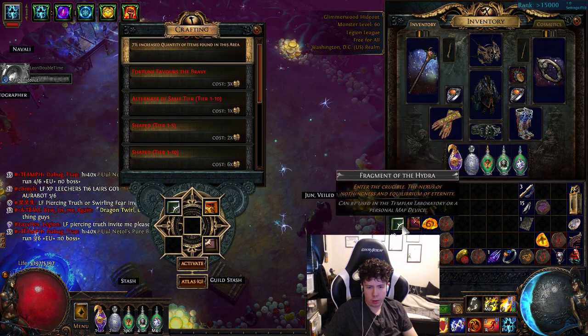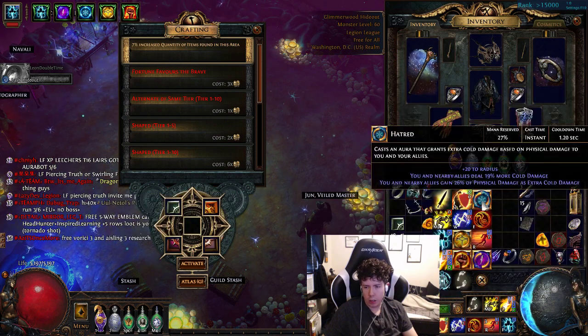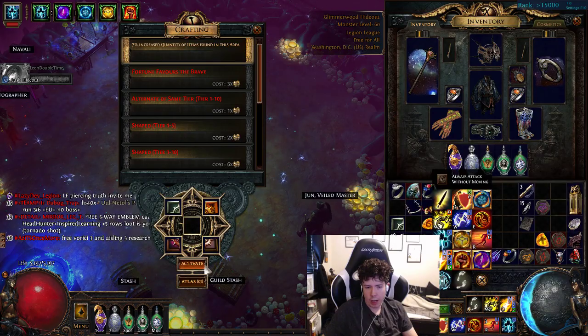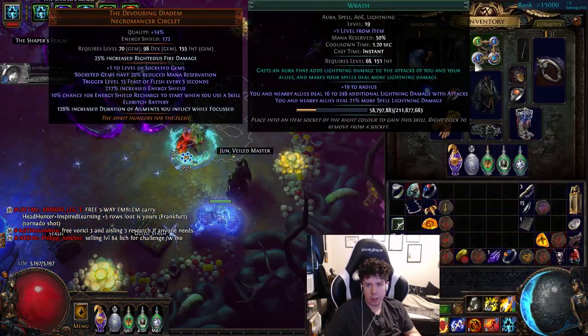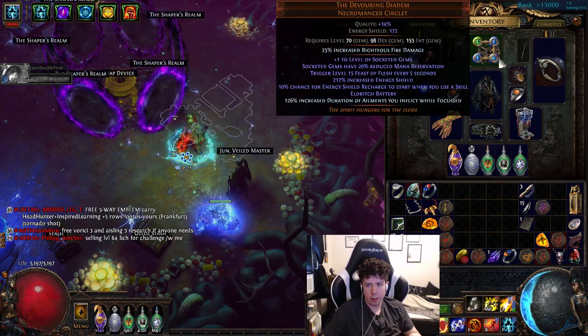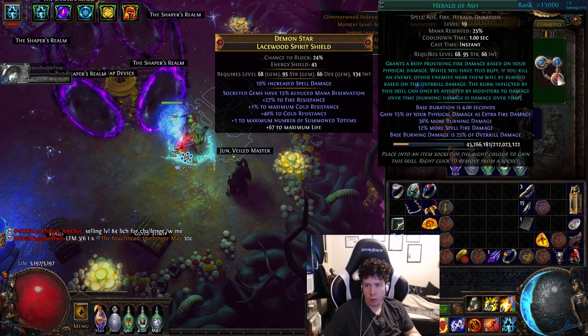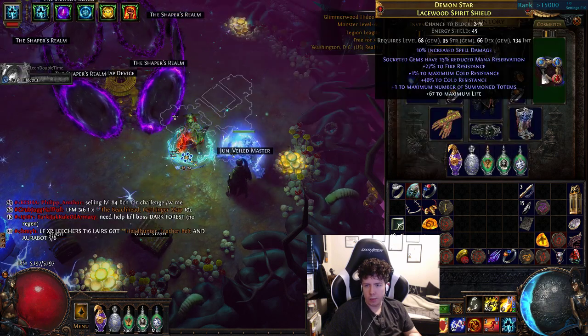I guess I'll explain about the auras too. So we run Hatred, Zealotry, Herald of Ash, and Wrath. And how we do that is we put Hatred, Zealotry, Wrath, and level 4 Enlighten on Diadem. And then we have Enlighten with Herald of Ash, level 3 Enlighten on a,